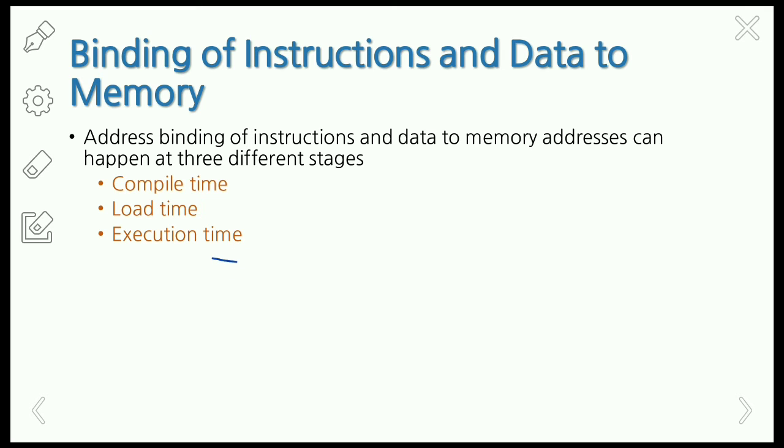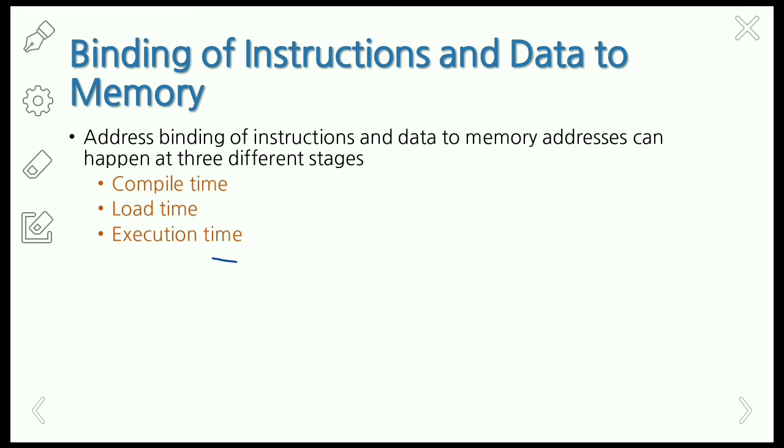And the next one is the execution time or dynamic address binding. Address binding will be postponed even after loading the program to the main memory. So the program will keep on changing its location in the memory till the time of program execution. The execution time binding is done by the processor. It generates the dynamic absolute address, and it helps in the execution from memory, instructions executed by the CPU.